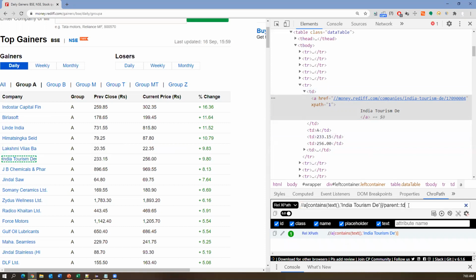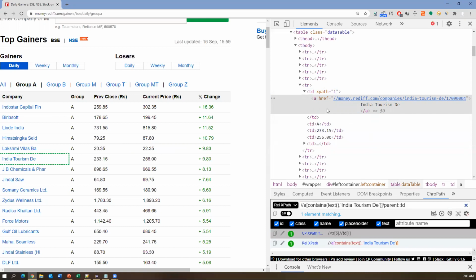So when I press enter, this is again locating the same element, because this anchor tag is present inside the TD. TD represents table data. So again, this will give you the same text, because it is also representing the anchor tag. This is the way we can access the parent node.